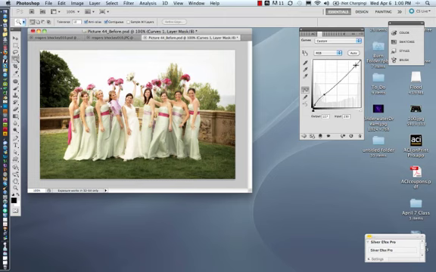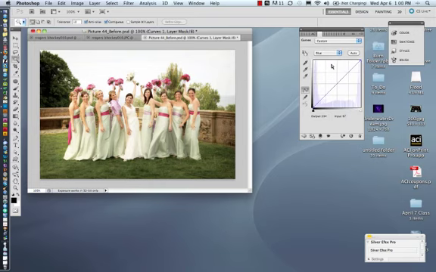If I were to do this end of this curve, that would pull down the brighter areas, and you can see even though I pull it down, I'm still not getting any detail up here to speak of. If I were going to brighten the brighter areas, that's how I do it. We're going to blow out the highlights in that bride's dress if we do that, so we want to leave that alone, essentially. Alright, now for color balance, we know this is a little bit on the blue side, on